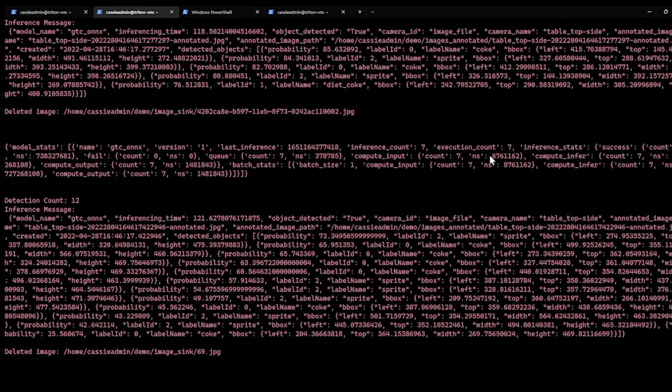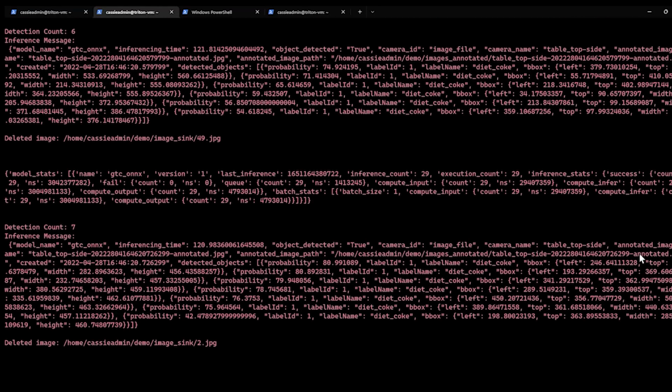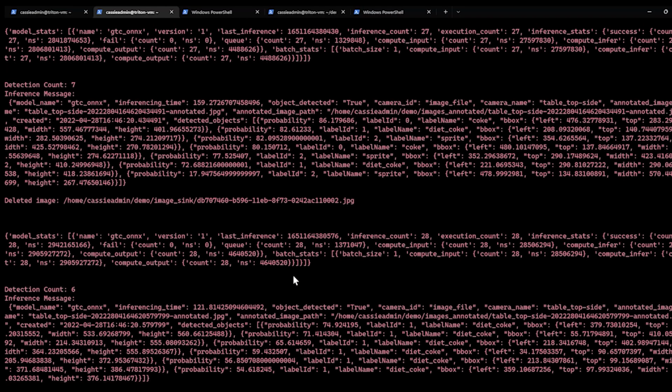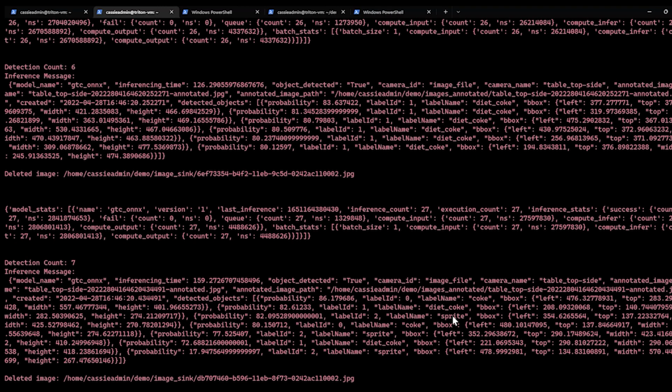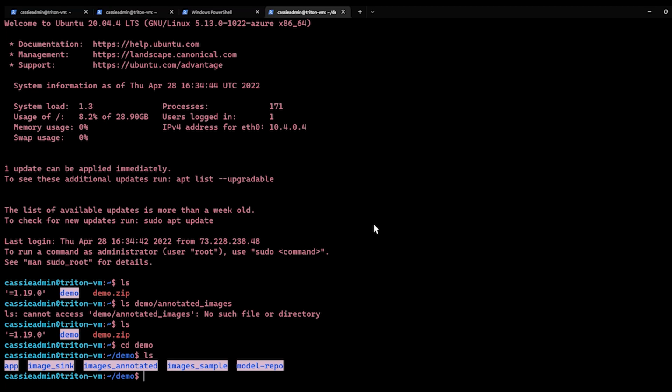And now if we flip back to the other window, we can see the inference complete. Now, if we scroll through the inferenced images here, we can start to see where they have detected different objects, what the objects are, and where the bounding box is. So we can see that we have some different types of soda cans. Now, if we take a look at the images in the directory,